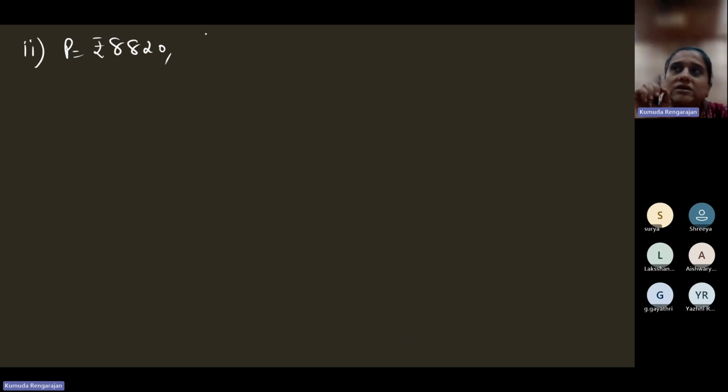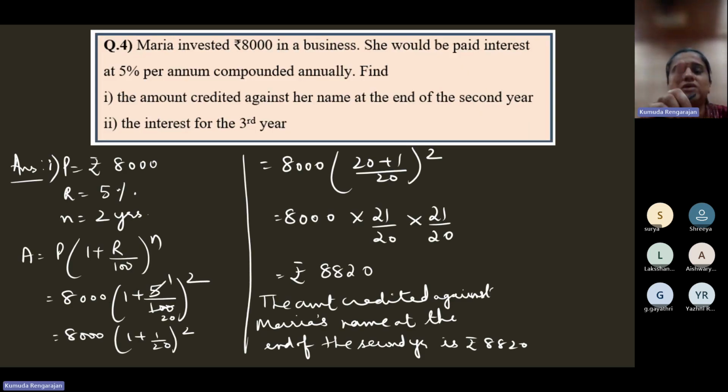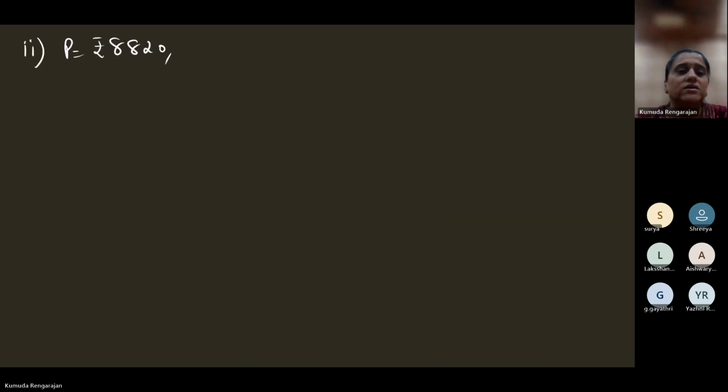The principal for the third year will be 8,820. And since you're finding the interest for the third year, it's only 1 year, it's not 3. Third year is only 1 year. Third year is not 3 years. So T is equal to 1 year and rate of interest is